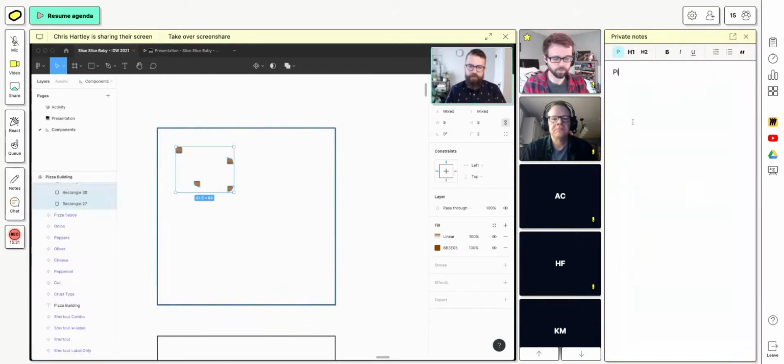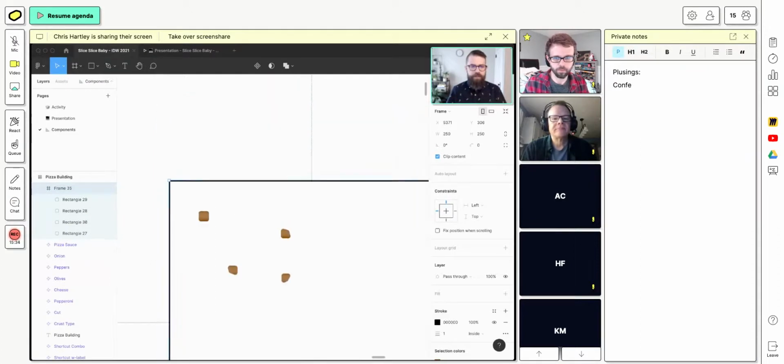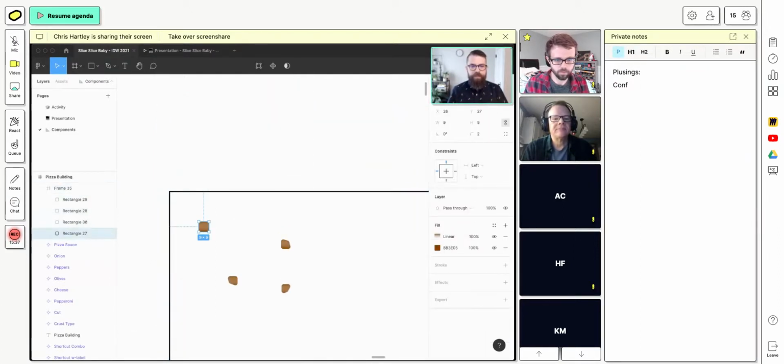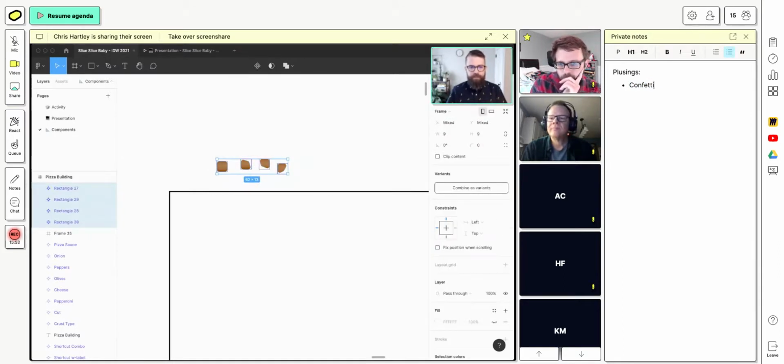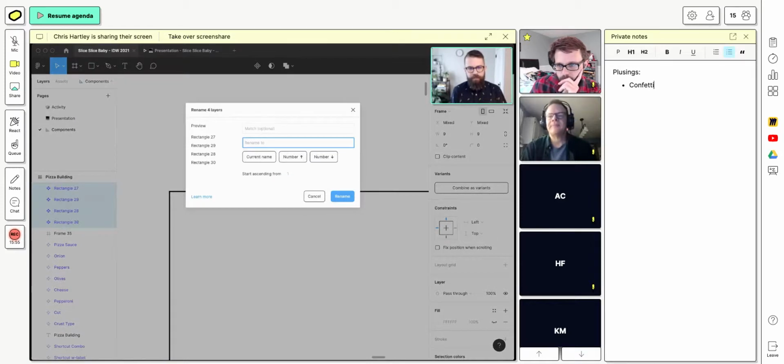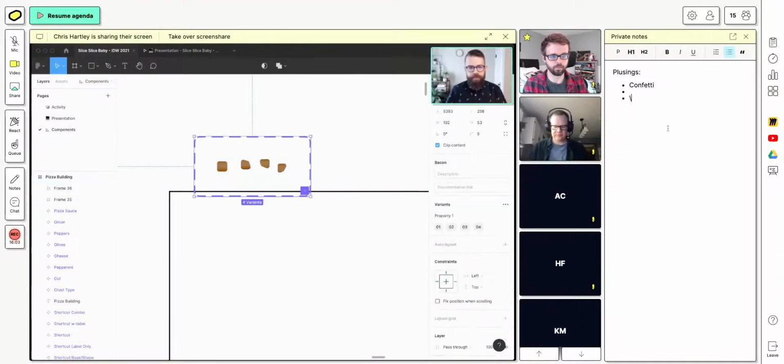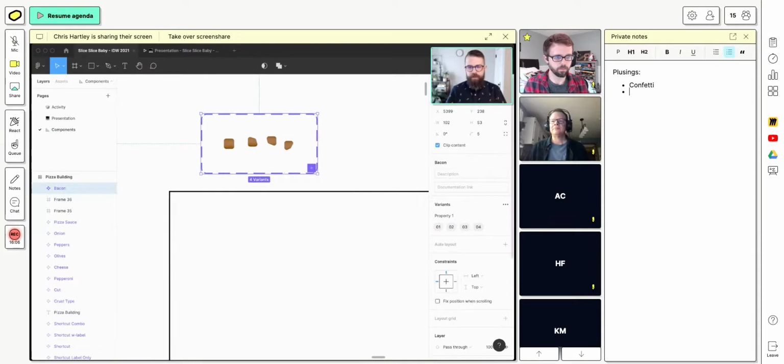Cool, so it gave us, well, hold on a second, let me not get too far ahead of myself. In this instance, it would probably be helpful to pull these outside of our frame that we're going to use as the pizza topping and create components out of these so that if we ever wanted to run back and change them, we can. So let's call this bacon, numbered starting at 1, combine those as variants, and now you can see over here on the right-hand panel that we have all of those